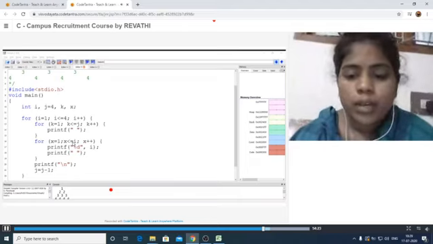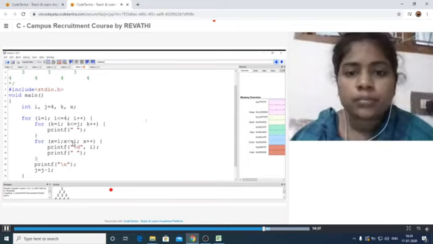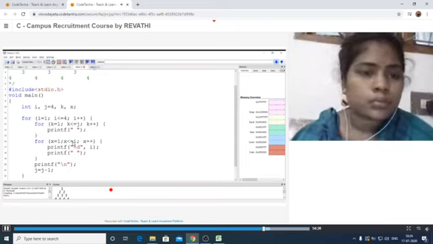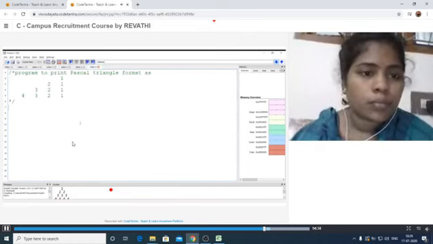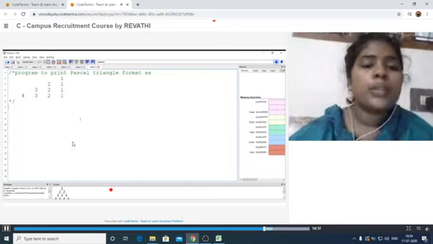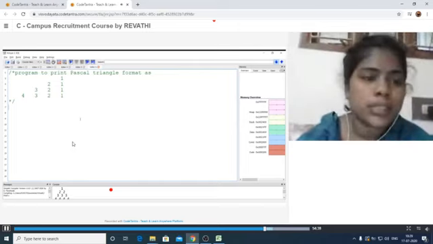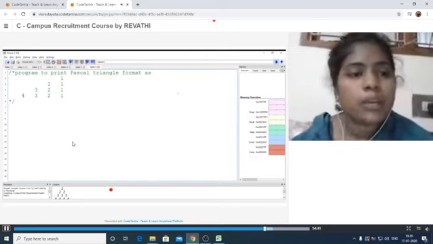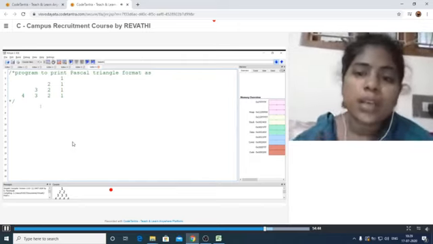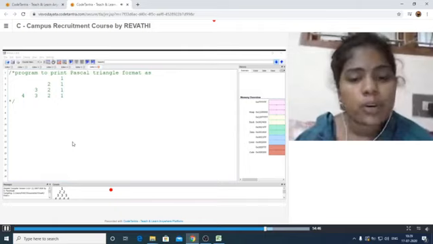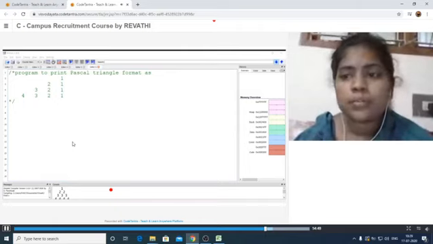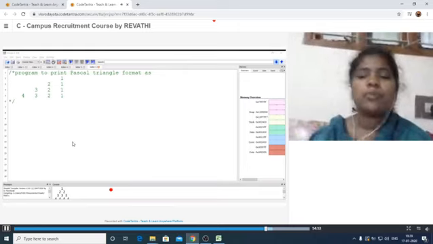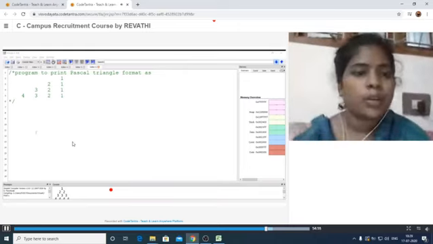Let us take the last program. See here, to print the Pascal triangle format in reverse case. Already this process has been repeated for inverted, normal, everything. It is in the reverse case, from the right side onwards. Here also we have taken the number of rows as 4 only. This is as usual, but we have to use the decrement operation here, same as the previous program.